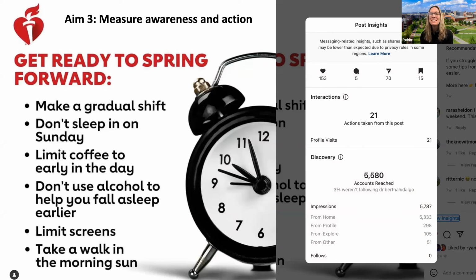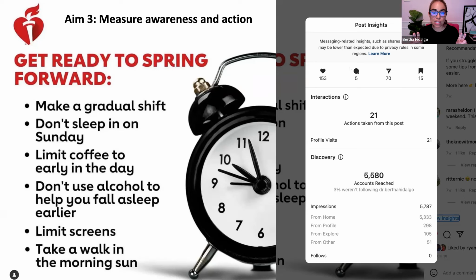Instagram has this great feature where it shows you how many people have saved the post for later, like they want to come back and read the post. 70 people shared this post on stories or to their friends via private message. And so even when you don't get a lot of comments, right? Think about really sensitive topics that you may be dealing with when you're putting on social media. I want to encourage you not to be discouraged by the lack of seen interactions, right?